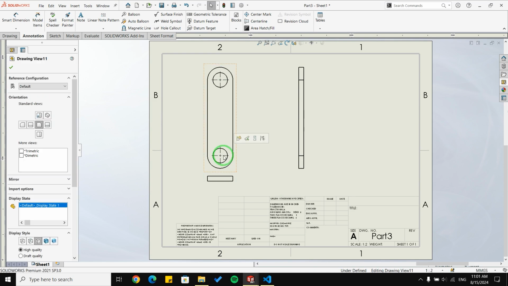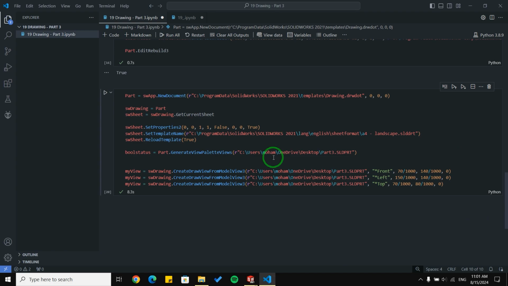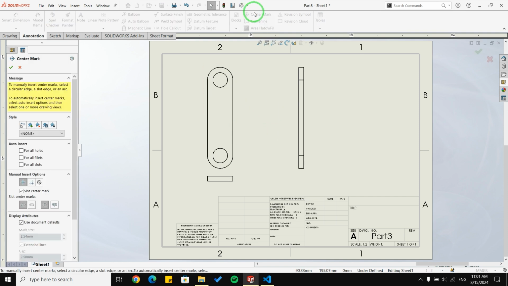I'm going to delete these center marks because I'm going to create them myself. I'm going to create a new block, and let's talk about center marks. When you want to create center marks, if SolidWorks doesn't create them automatically, you have an option called auto insert.